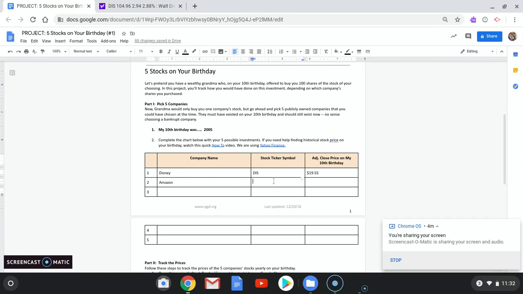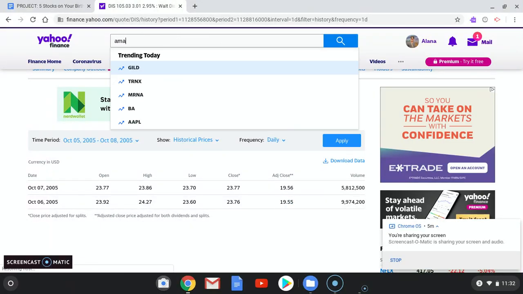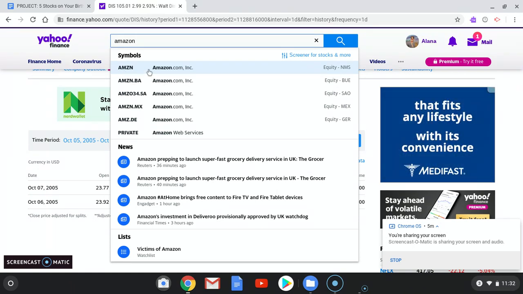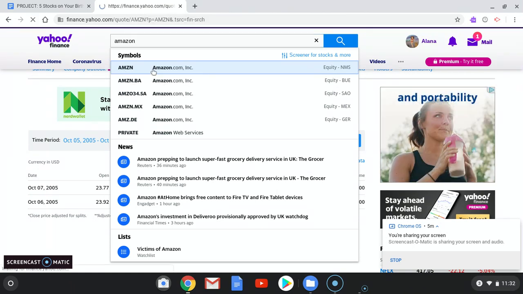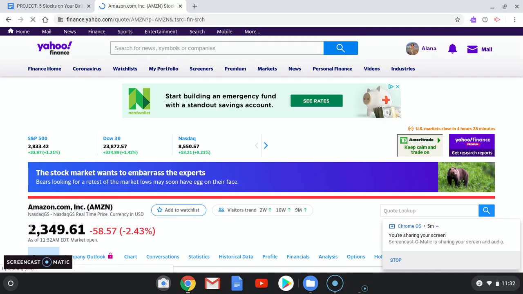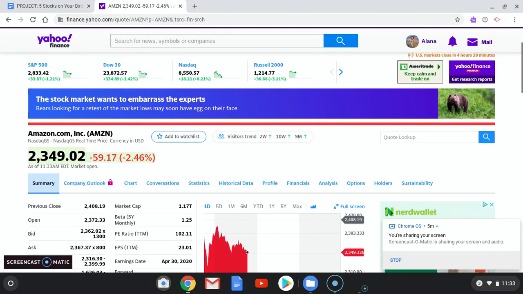My Amazon ticker symbol, I'm not so sure what that is. So let me go up here to Yahoo Finance. I'm going to type in the company Amazon. And it looks like it's AMZN. I'll click on Amazon and I want to find, whoa, look at the price of Amazon stock today, $2,349.61. Wow. Let's see what happens if I go to my historical data